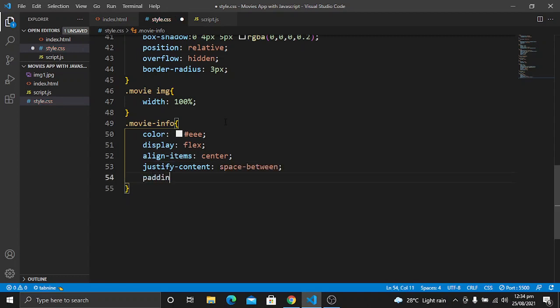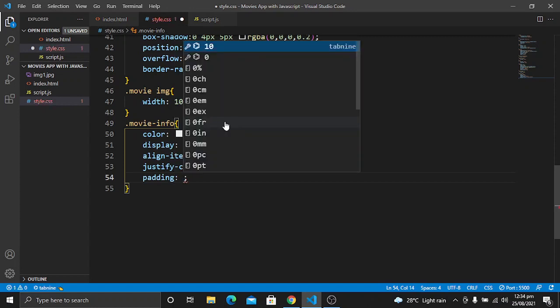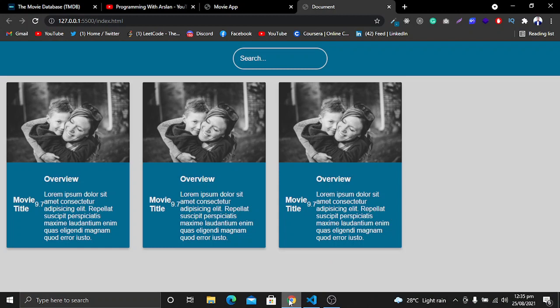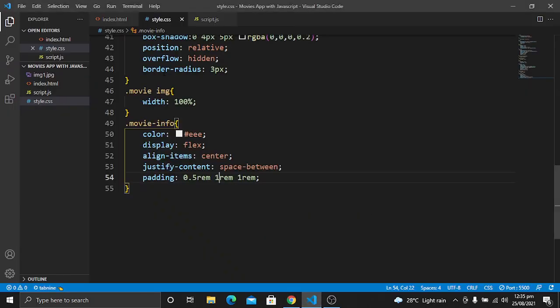Also give it a padding. The padding that we want to give it is 0.5 rem, 1 rem and 1 rem. Let's save it. The 0.5 rem will be from top and bottom, and 1 rem will be from left and right. So as you will see, this is the thing that we are getting, but we have to fix it. So let's go to our HTML file.